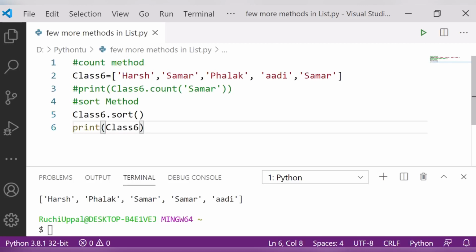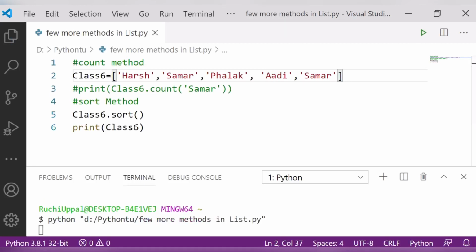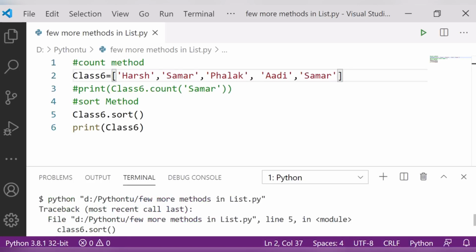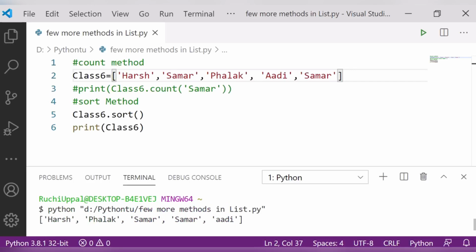Let me check what the issue is here. If I run it now, it is sorted. What was the problem here? Because I had written it in small letters and the rest were all in capital letters, it was the odd one out, Adi, so that's why it was coming at the end.